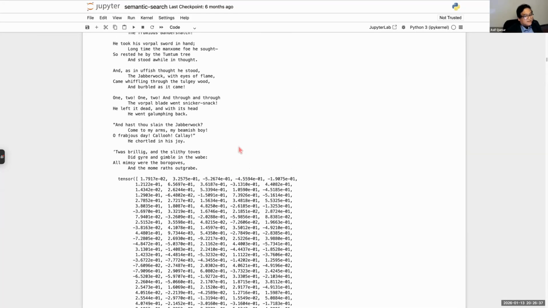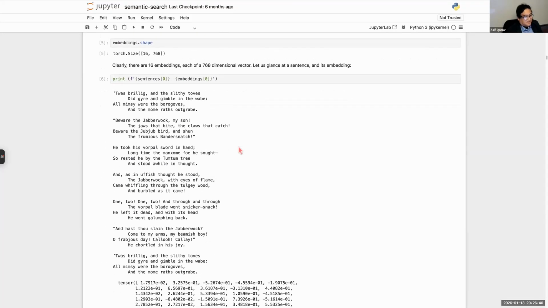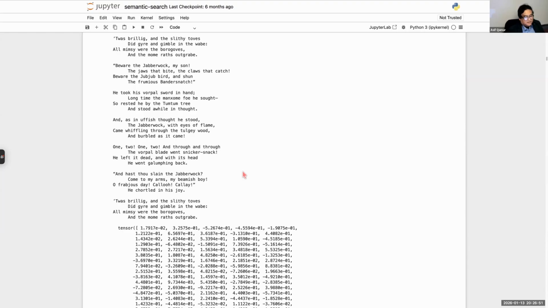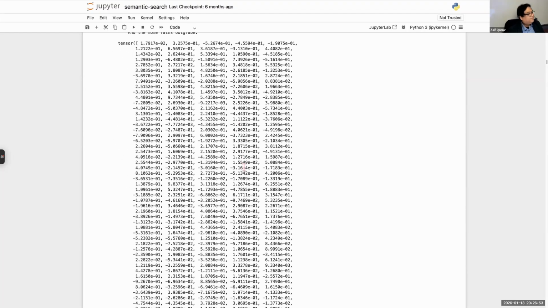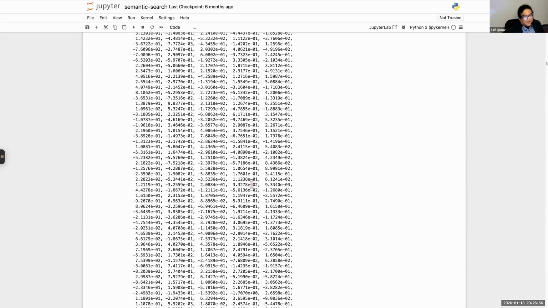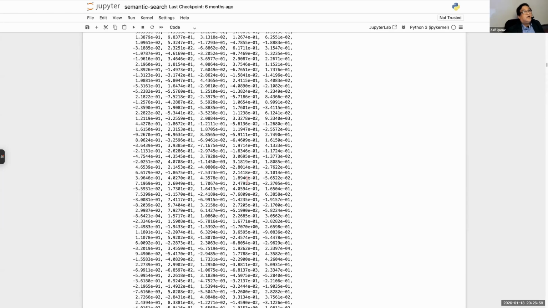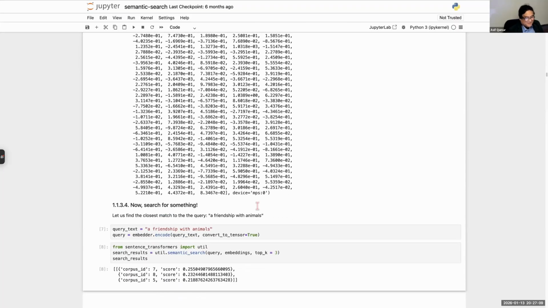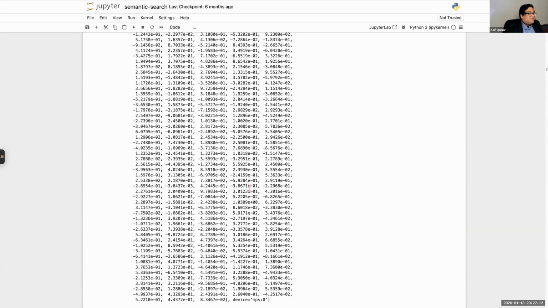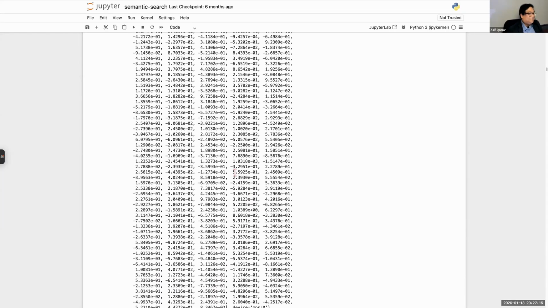So when you take a piece of text, let's say I took the first piece of text in the corpus and I converted it to embeddings. We understand English. The machine came up with this vector tensor. How many of you can read this tensor and say, aha, it is the Jabberwocky poem? Raise your hand. You can? Can you look at these numbers and say it's the Jabberwocky poem? No, you can't, right?